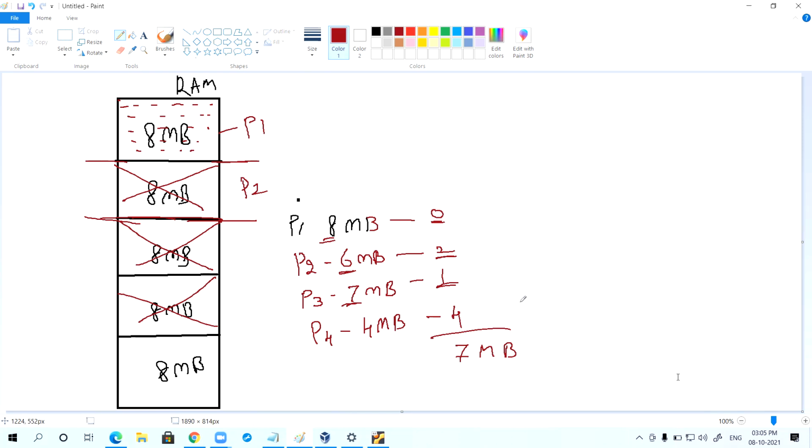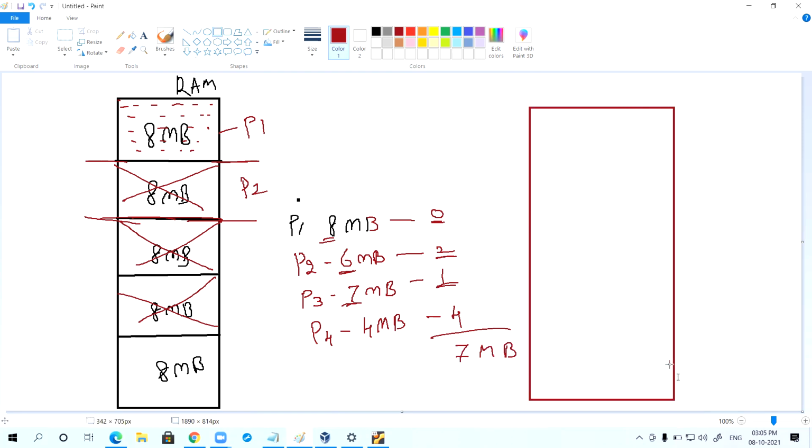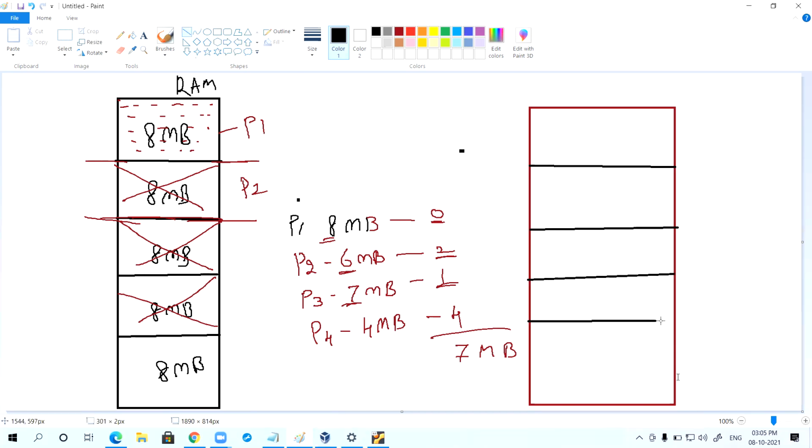To overcome this internal memory wastage, one more policy was introduced, that is fixed unequal size partitioning. All partitions are fixed size, but can I say unequal sizes?